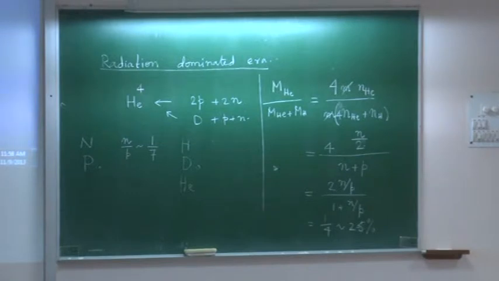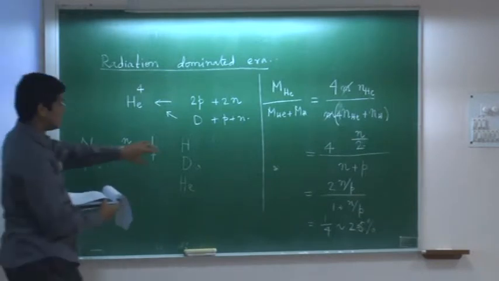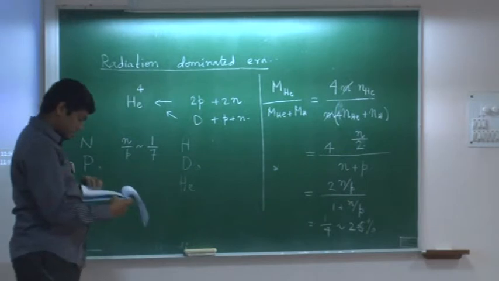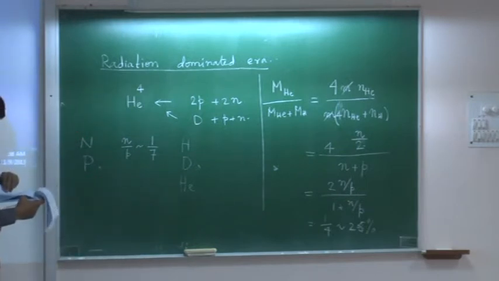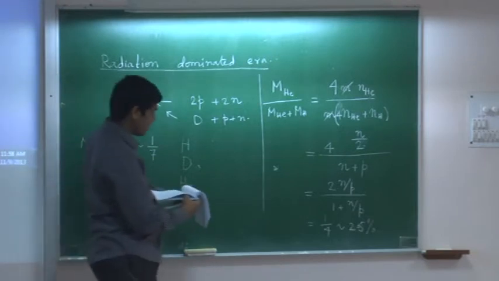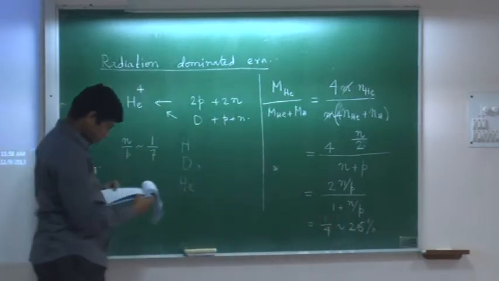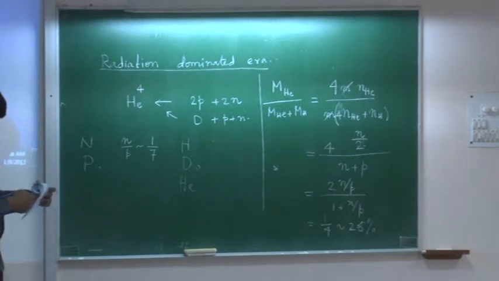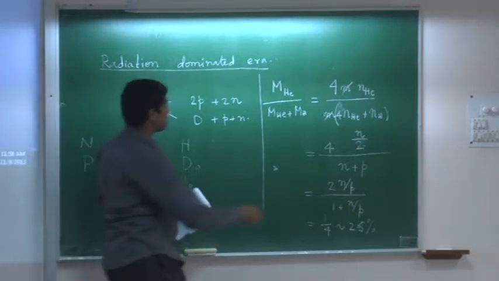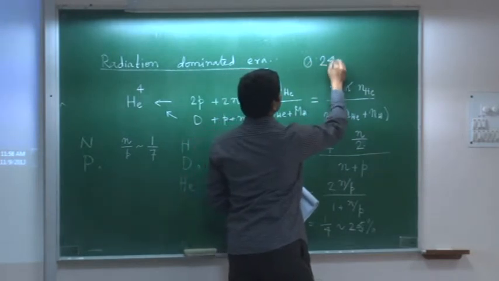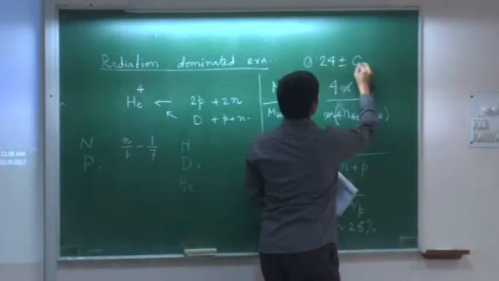So what should you see? If I look at a part of the universe which has not evolved, which has not changed its hydrogen or helium abundance, these things are called abundance, this mass abundance of helium, then I should see that the helium abundance is 25%. The actual number you can get from the calculation is 0.24 plus or minus 0.01.